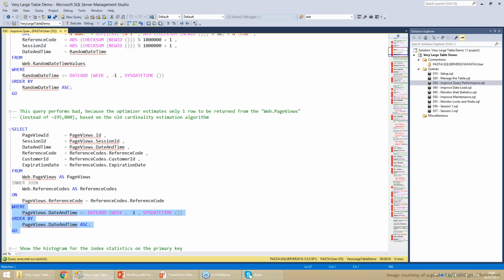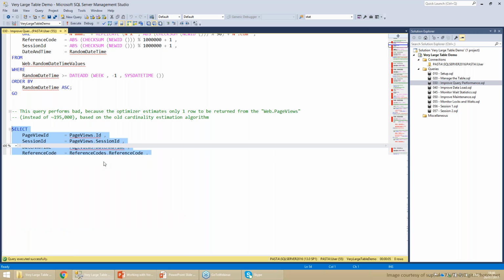So now I have this test query. Let's say that I'm using this current application, and our hot data is the last week. Most users, in most cases, query for the last week, although we have, in this case, 6 months of data. Maybe we have 7 years, but we need mainly the last week. So here I'm asking for the rows from the last week from the page views table, and I'm joining it to some other table, the reference codes table. And I need to include the actual execution plan.